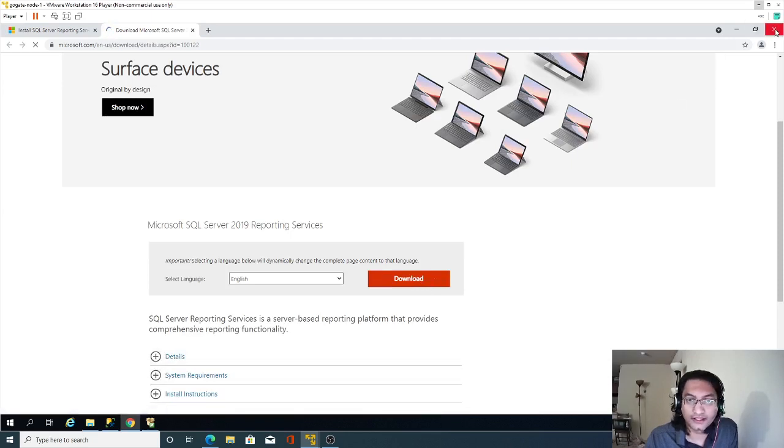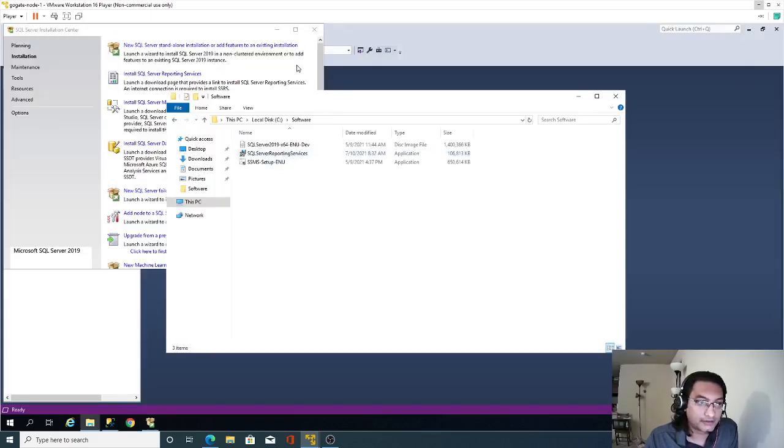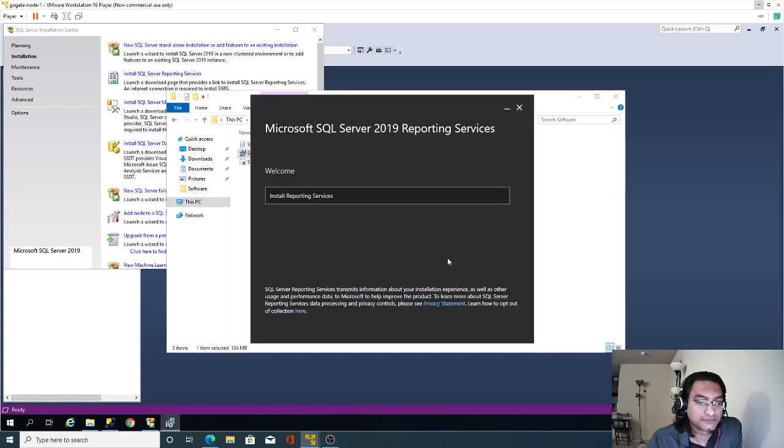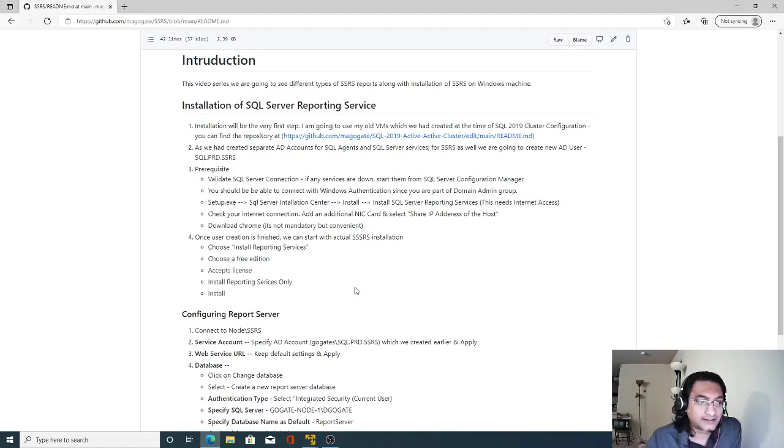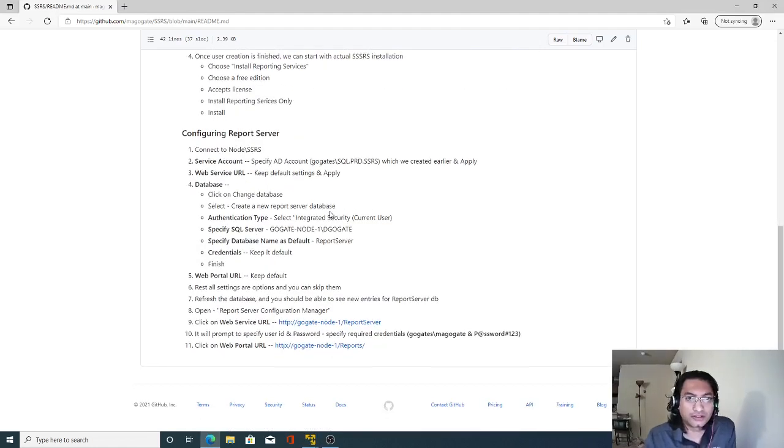I will close this entire window and I will open this installer now. This installation is pretty easy, and you can find these steps in the Microsoft documentation itself. Other than that, I have also mentioned those steps in my GitHub link.